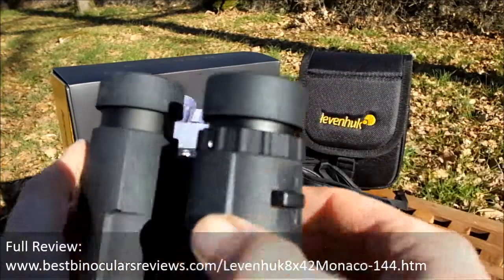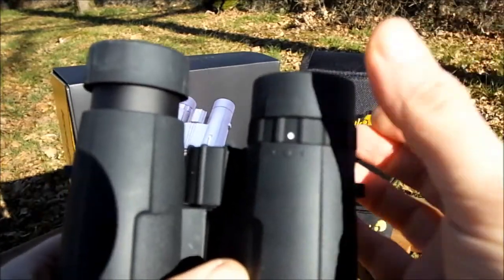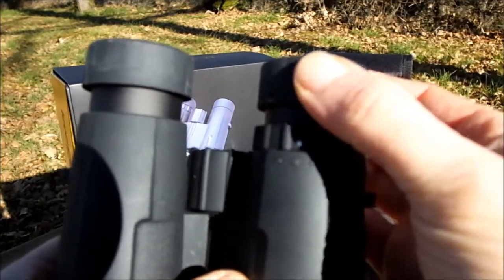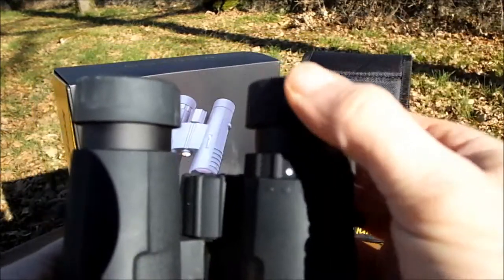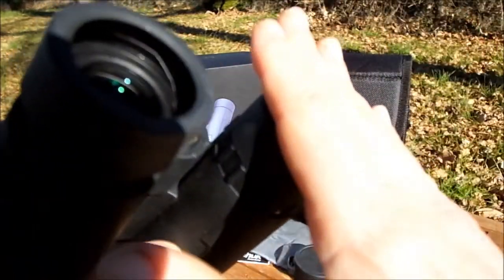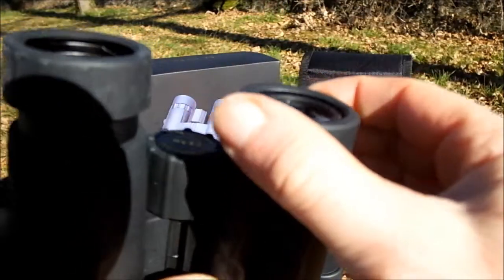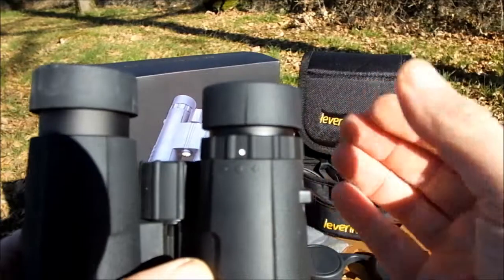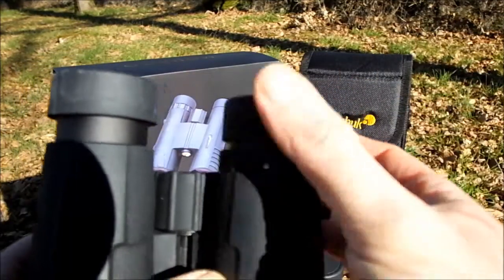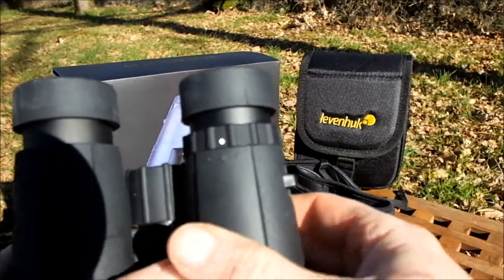There's no free movement or anything like that, and they have two intermediate click stops between fully retracted and fully extended. Once again, this just adds a bit of flexibility so that should you wear really thick glasses, you'd probably have them fully retracted down with your glasses resting against almost the eyepiece itself. However, if you have slightly thinner glasses, or everybody has a different shaped face, you might want to have them set at this level, and it helps you to set them to whatever works